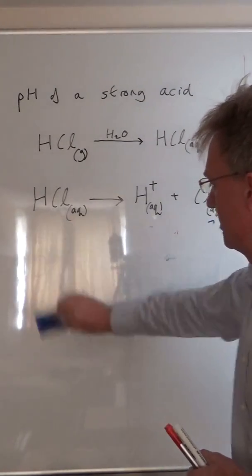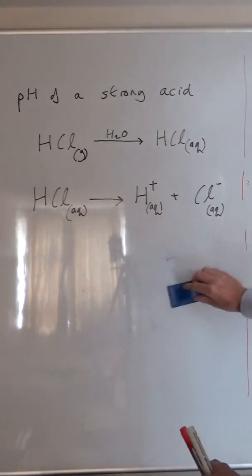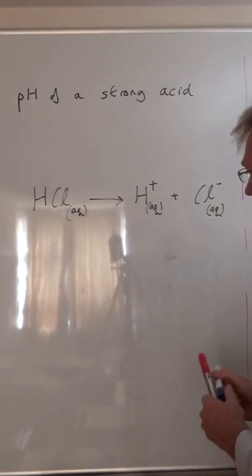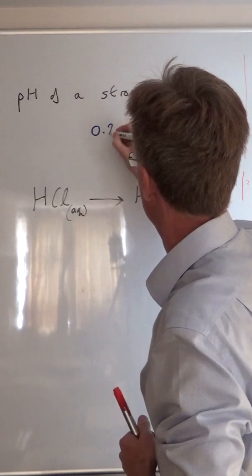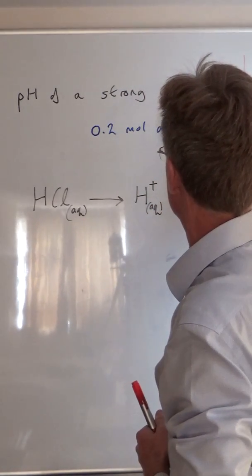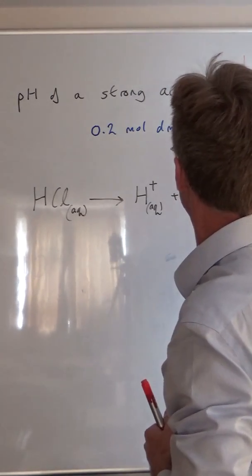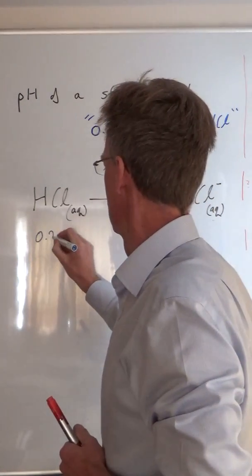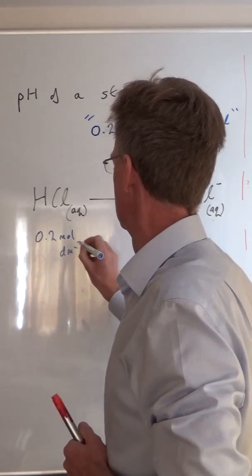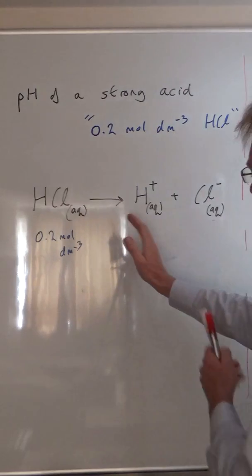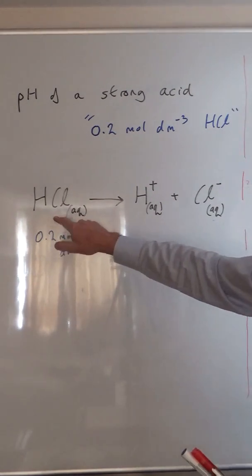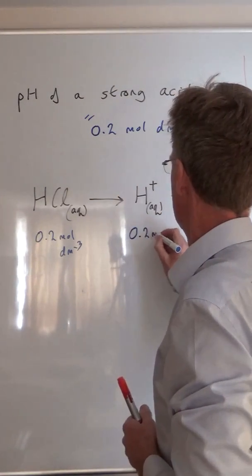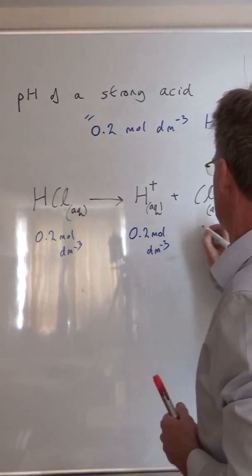Now let's imagine we've got a bottle of hydrochloric acid, and on the label it says 0.2 moles per decimeter cubed HCl. So we can write 0.2 moles per decimeter cubed on here. Because it's a strong acid, we're assuming complete dissociation. So whatever the concentration of the HCl is, that's the concentration of the H+. So the concentration of the H+ is going to be 0.2 moles dm^-3, as is the chloride ion,